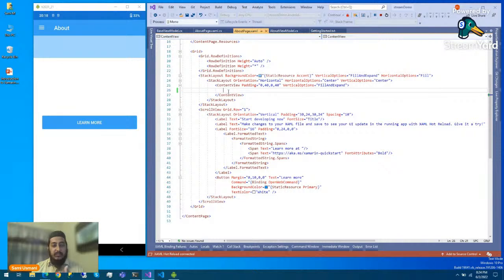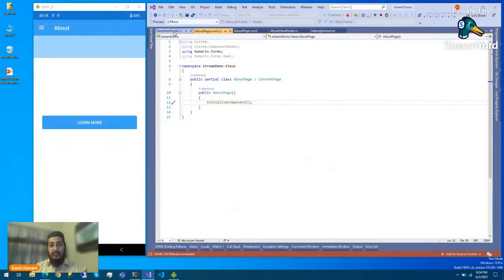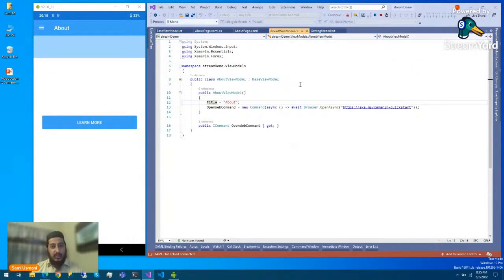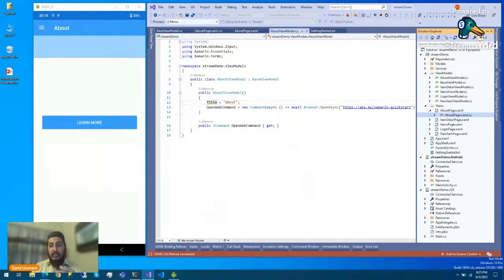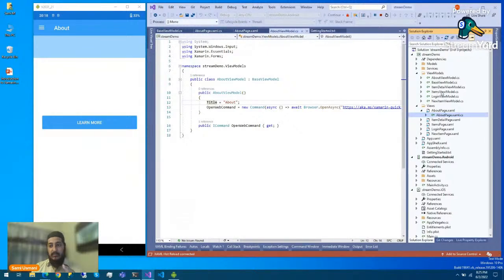So this is like the starting point of developing applications. You can write whatever code you want in the code behind. You can write whatever logic you have in the view model, and the structure of the application is somewhat like this. I will go a little bit over what the structure is.